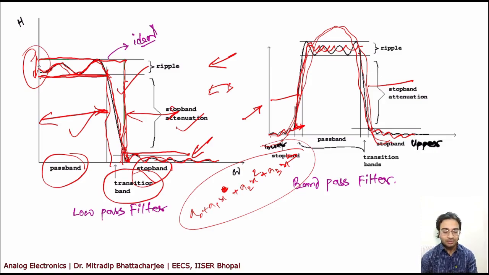In certain cases you may need a sharp transition, and in certain cases you don't want the ripples. There are some filters which help to reduce these ripples, but in that case you have a large transition band. In certain cases you can reduce the transition band, but you have to deal with the ripples present in the characteristics.